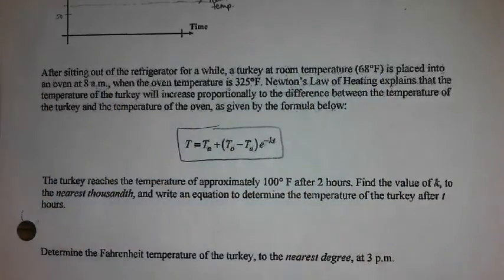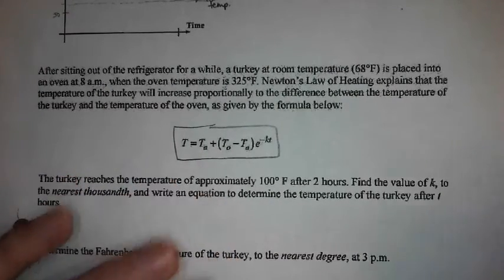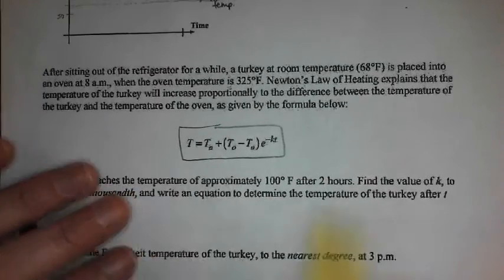So this is going to be Newton's law of warming up. At 8 a.m., when the oven temperature is 325, Newton's law of heating explains that the temperature of the turkey will increase proportionally to the difference between the temperature of the turkey and the temperature of the oven, as given by this formula. So T